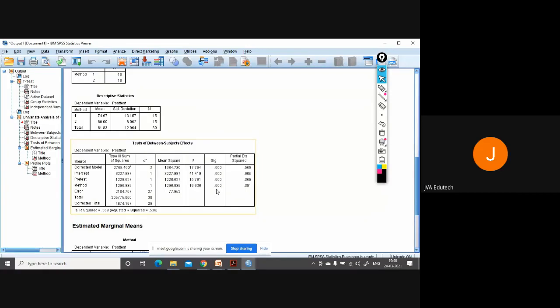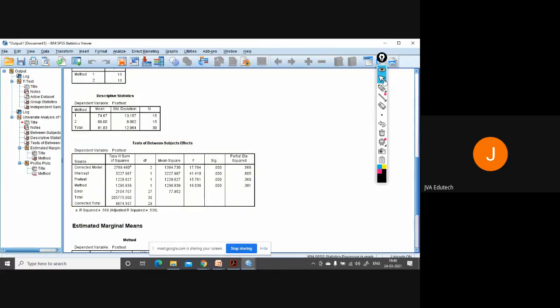There exists a difference. This shows the significance value because we are comparing method. So F at the degree of freedom 1 and 30. Okay, sorry, your degree of freedom will be 1 and 29, corrected total. We'll read only this one because you are comparing only method.